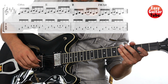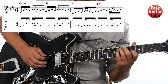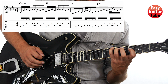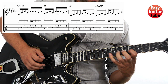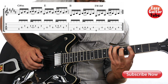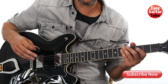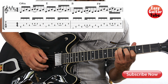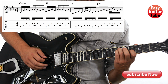Perfect, so now we have everything. Let's play from the beginning, and we play measure 1, 2, 3, and 4. 1, 2, 3, and... Nice, and we just have to keep repeating that, so let's try a little bit faster and we repeat. We play it 2 times. We can play at this tempo. Okay, are you ready? 1, 2, 3, and...